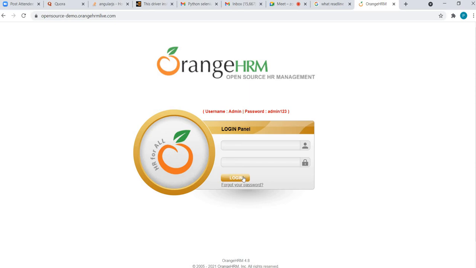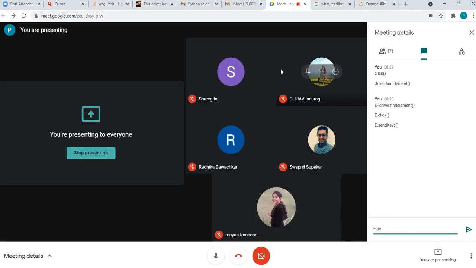So there I will use ignore exceptions, and that's what fluent wait is. It is an explicit wait plus a few more controls on that.